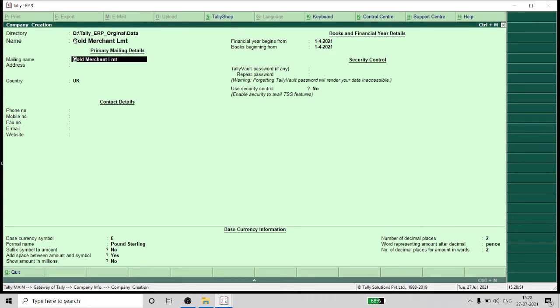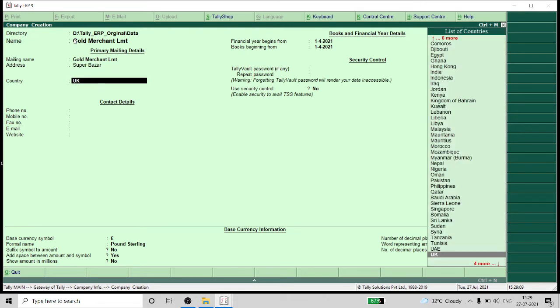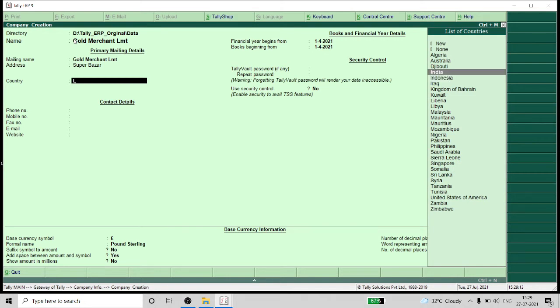Next, mailing name it will take. Next, you have to give the address here, Super Bazaar. Next, it is asking for the country. You just select the country, India.